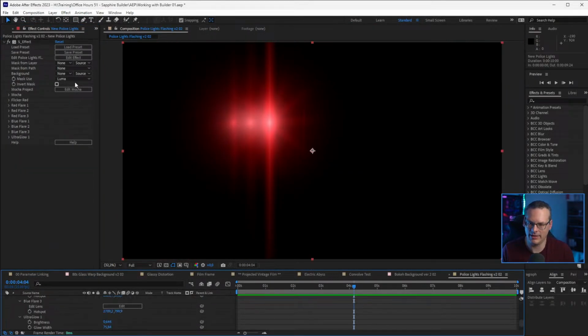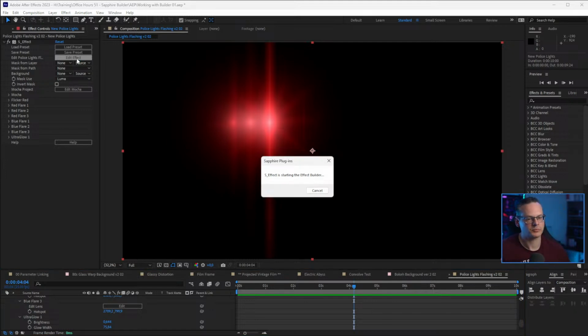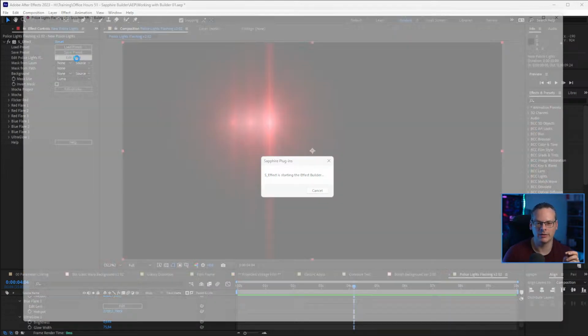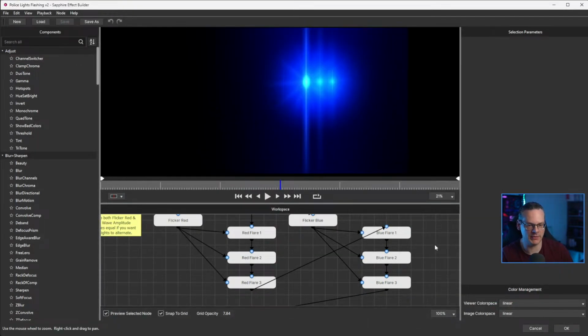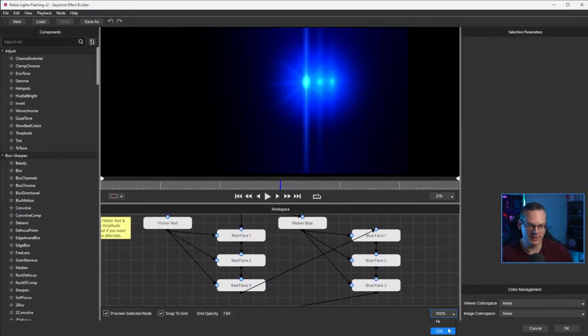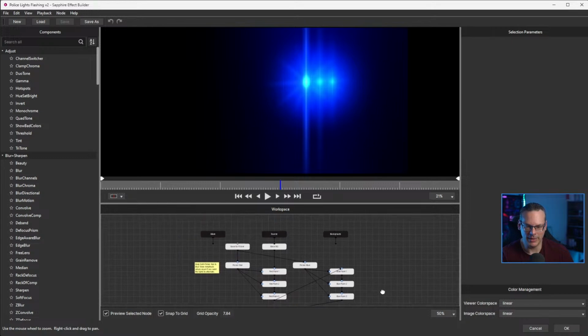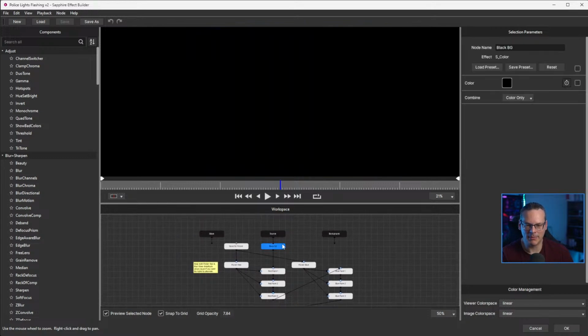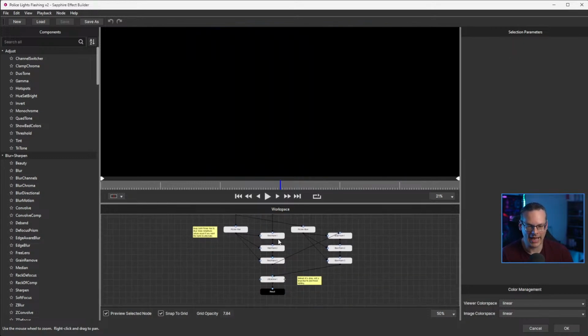Let's come back in here. Let's edit my effects. Yeah, this was actually a pretty tricky one in the first place, because of the way it's built up. Let's zoom out a little bit. Basically it's on black, and we've got